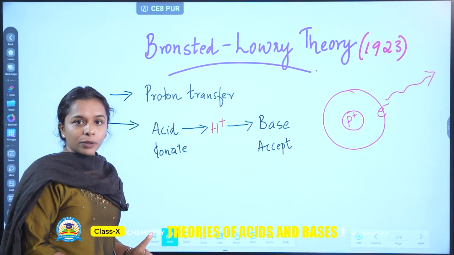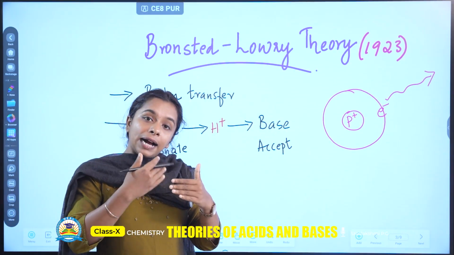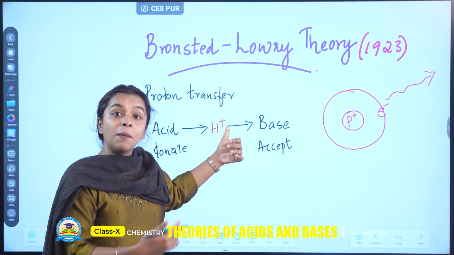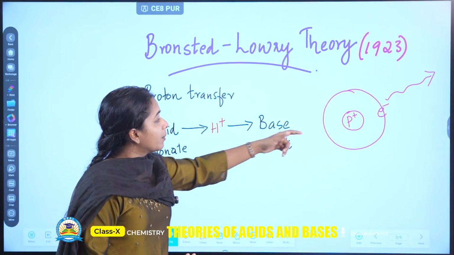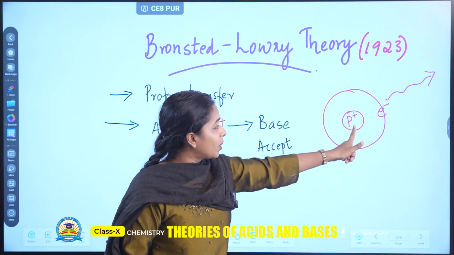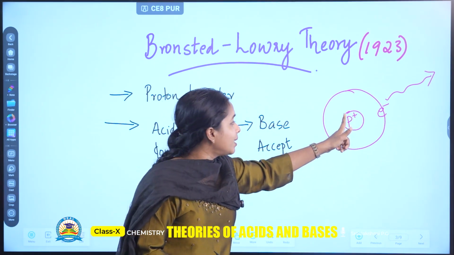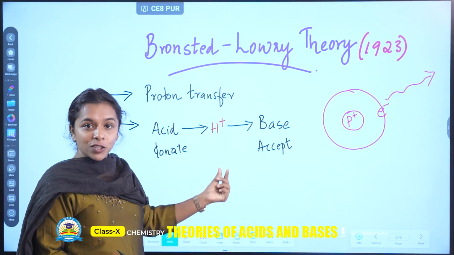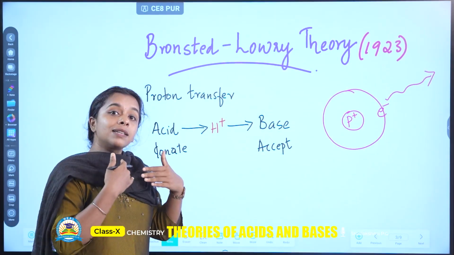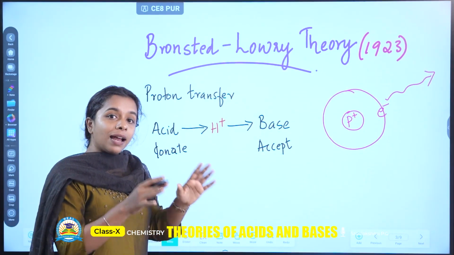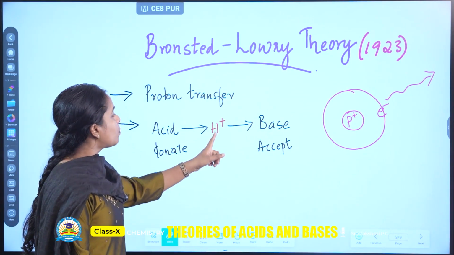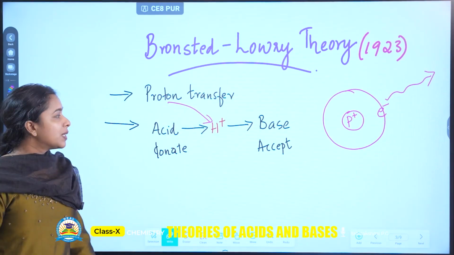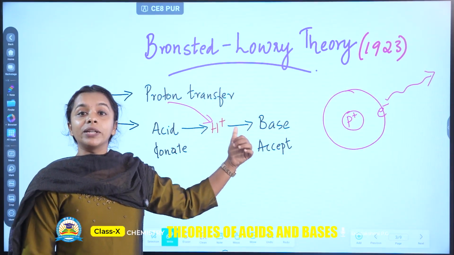Understood? H plus ion means hydrogen will lose one electron. Losing an electron means they will gain which charge? Plus charge, because here one proton is present. What is the charge of proton? Plus charge. That is why we put a plus charge here. That means it loses one electron and only one proton is present. So H plus are also known as protons. So according to Bronsted-Lowry theory,